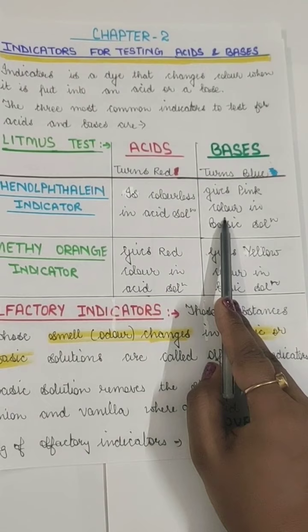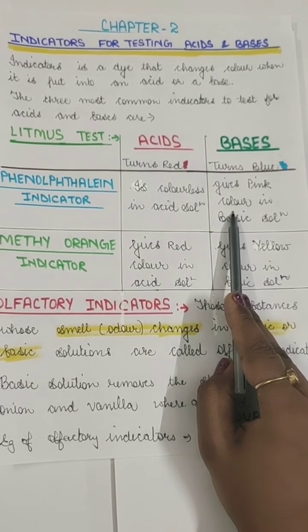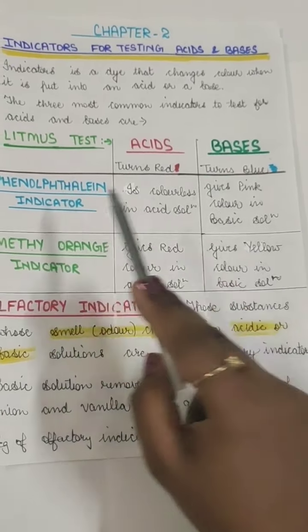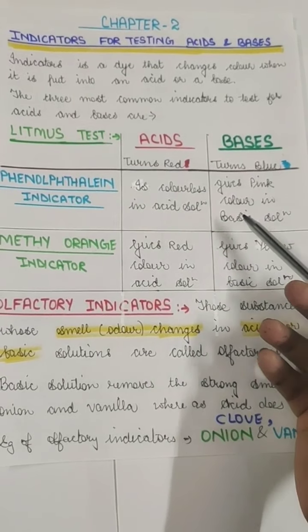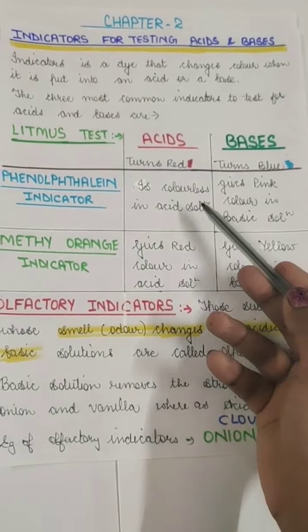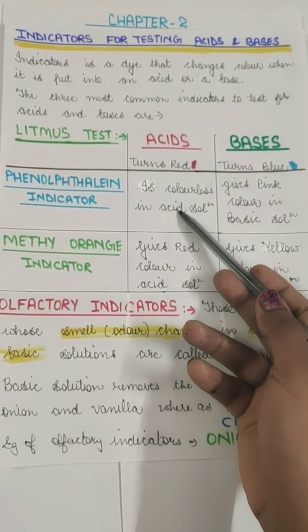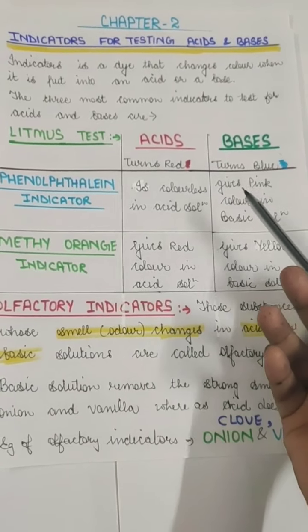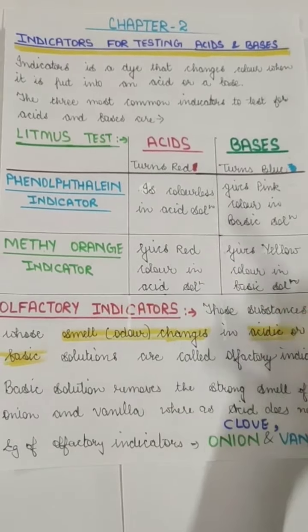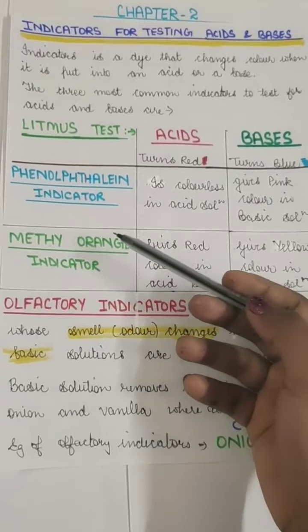But in the case of bases, it will turn the base a slight pink color, and if you mix more of it, it will change the color to a pinkish or dark purplish. So pink color is for base and colorless for acid. Please remember these, they are very important, although they are easy. They always come in exams for any question, 1 marks or more than that.